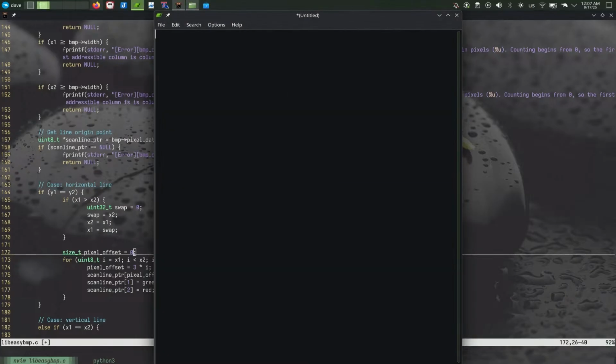If x1 is, let's say we're drawing a line from column 10 to column 32, right? So the length of the line would be 22. And we're going to have i equals x1, i is less than x2, and i increases by 1 each time, right? Maybe actually I need to be increasing i by 3, I guess. But anyway, so if the pixel offset,